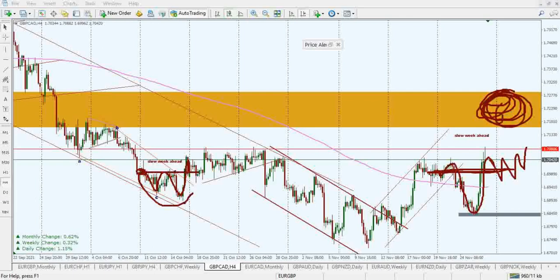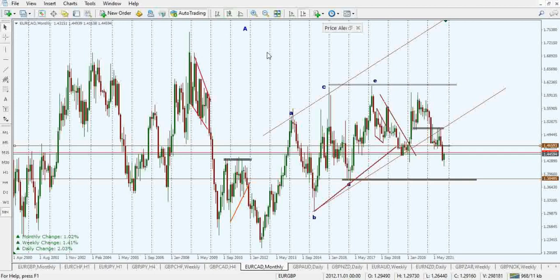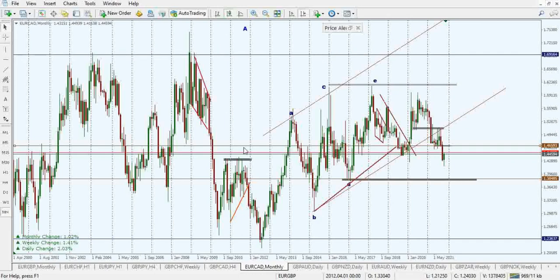All right, so also EURCAD. If you look at EURCAD overall, I could basically say that we're in more of a sideways market for quite a while. Overall, we have price trading inside of a bound range, so support, resistance here, and we are at the middle. Having moved up from the support area,